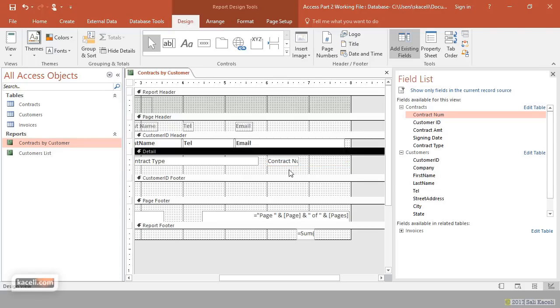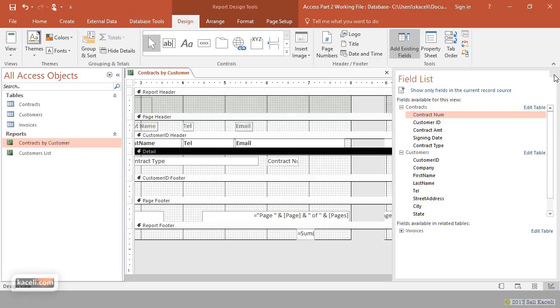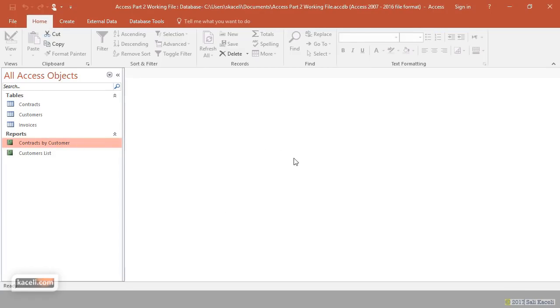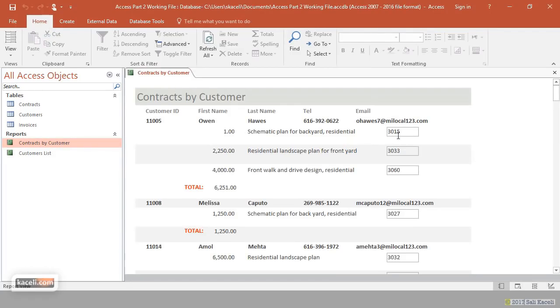And then that field at this point should have been added. So if I close it and run it, I should have the contract number at the end of each contract for each customer here. So at this point, let me explain how this data is actually linked and how you control the linking